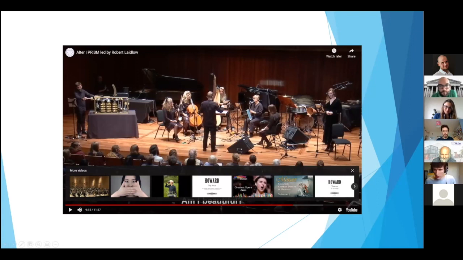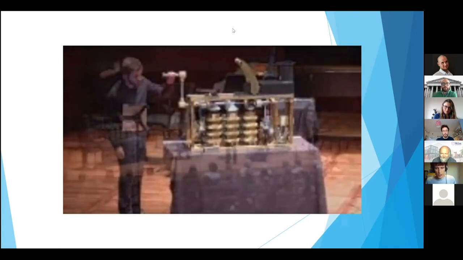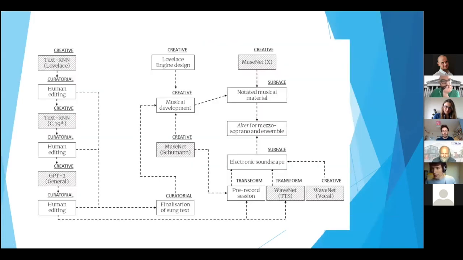I hope it's audible. Okay, so in this piece, Alter, I would describe the use of AI or machine learning very much in the tool category of what I spoke about, what the title of this presentation is. We're using it in lots of different ways, and it's being really embedded into the compositional process. And thinking about the piece in terms of a chart like this, I find quite helpful, especially when working with lots of other collaborators, such as Dave here, but also engineers and historians, and computer scientists, all in this piece. We all contribute together.